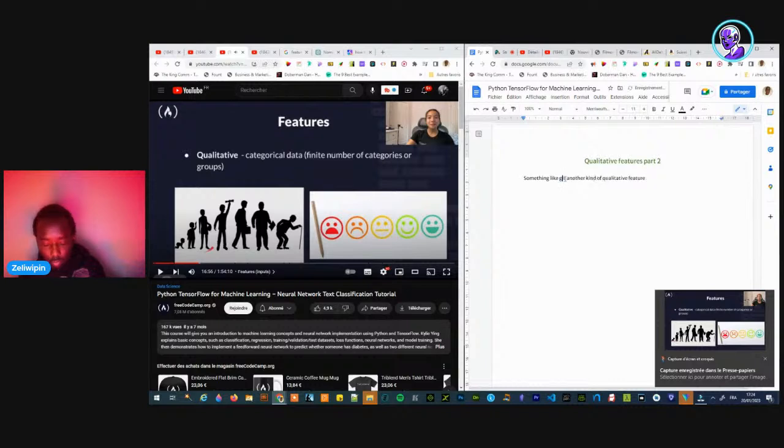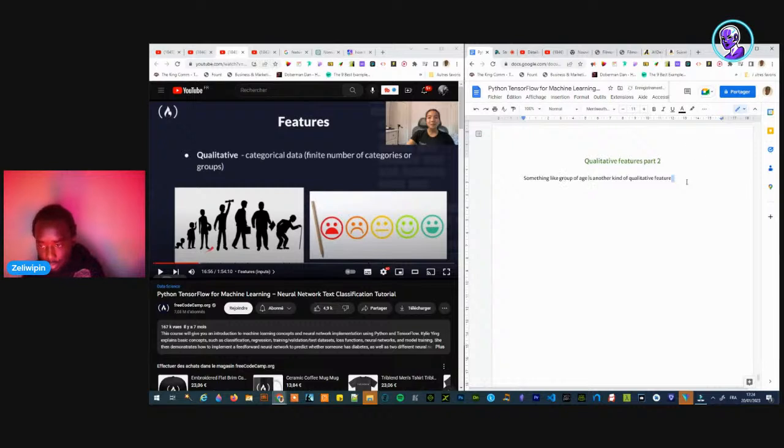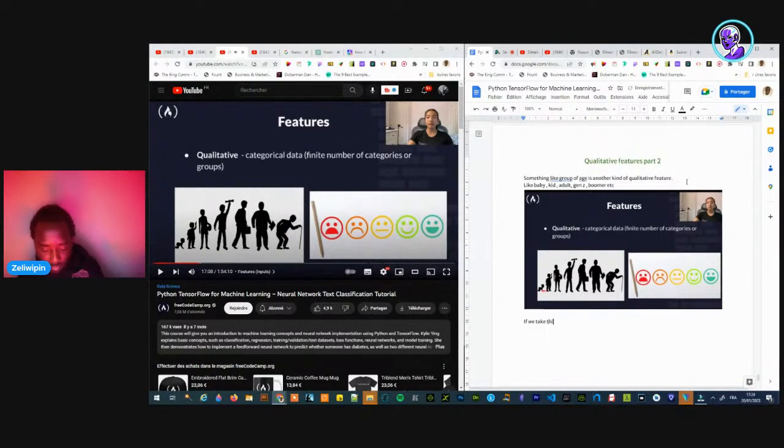If you take something like group of age, like baby, kid, adult, Gen Z, boomer, etc. If we take these different categories, it can be seen as a qualitative data set, because you can assign one of these categories to somebody, and it doesn't necessarily